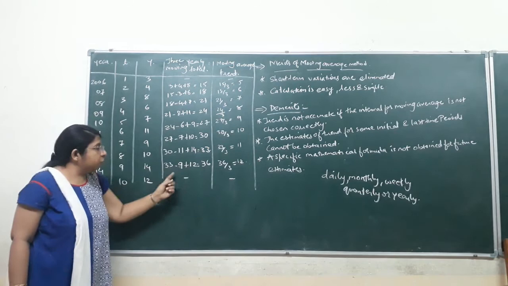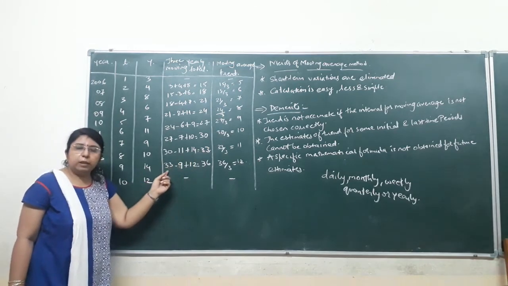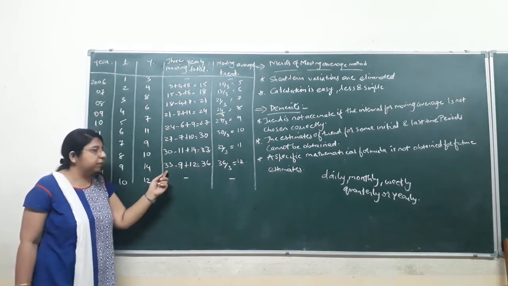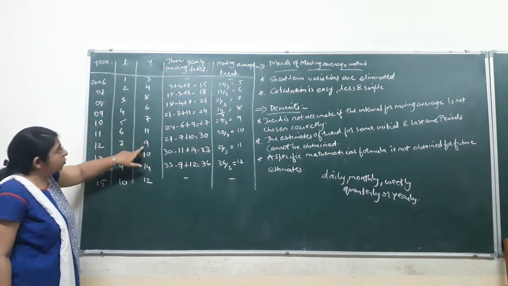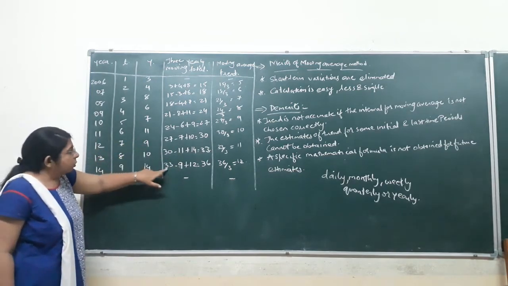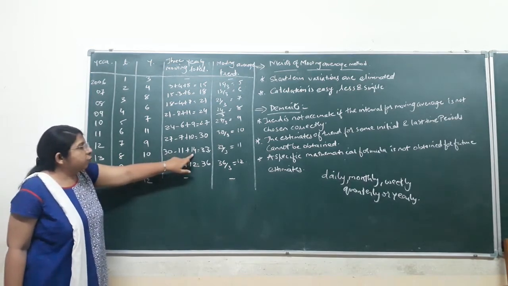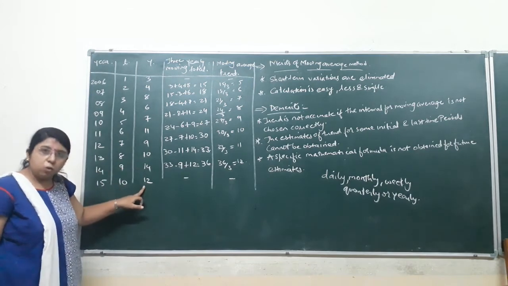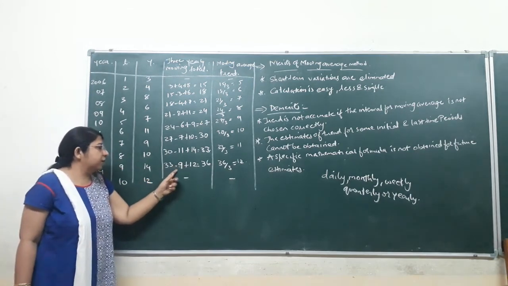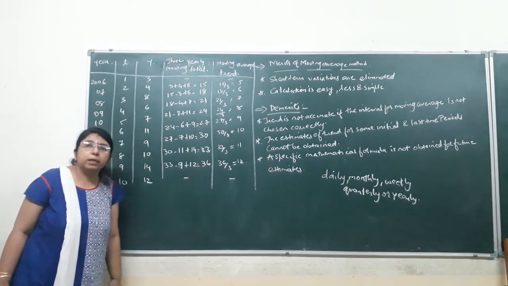Now for the last value, again we will take the total for the next time period, that is 33. Last you have subtracted 11, so the next value you will subtract is 9. So 33 minus 9, and last you had added 14, so now you will add the last value, that is 12. So 33 minus 9 plus 12 is equal to 36.